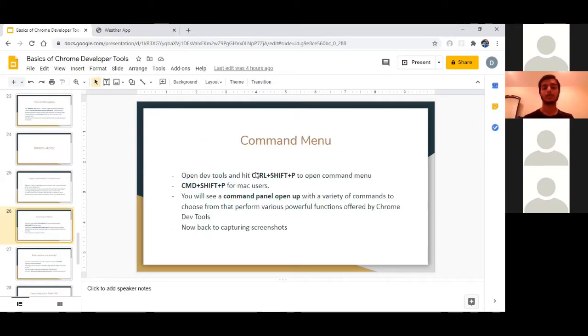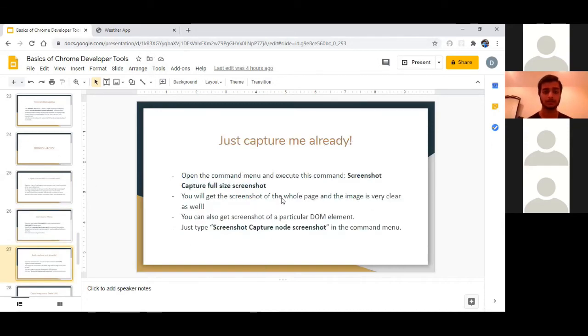So if you hit open DevTools and hit Control-Shift-P, it will open up the command menu, and you can search so many powerful commands that Chrome DevTools has in that command panel. And yeah, all the powerful commands respond to various powerful functions offered by Chrome DevTools. So the way you capture a screenshot is you open the command menu, you hit Control-Shift-P, and